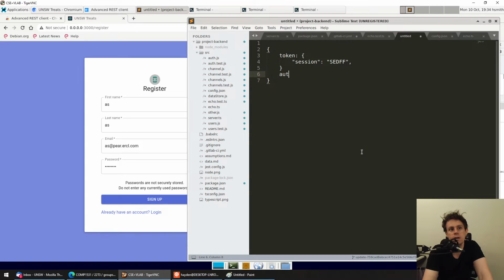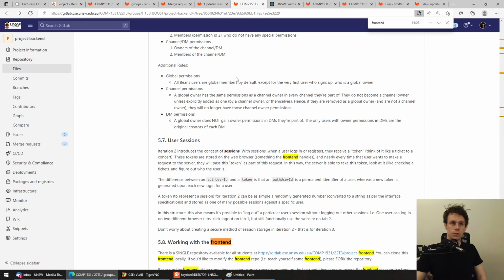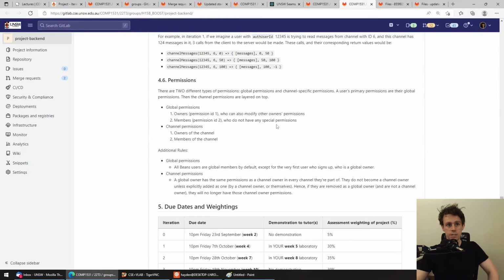And you also give me back an auth user ID, which might be like my 123. So that's actually what I get back from the auth login or the auth register. This is still a useful thing if you want it, but it's not necessary. That's more just there for consistency. But this session is now quite interesting because your login and register are giving a session back when returning, not just a user ID. And on each request you make, you will also notice that on all the subsequent requests